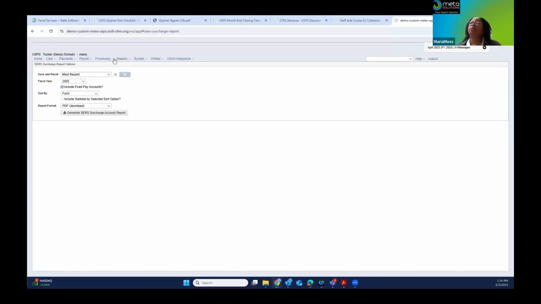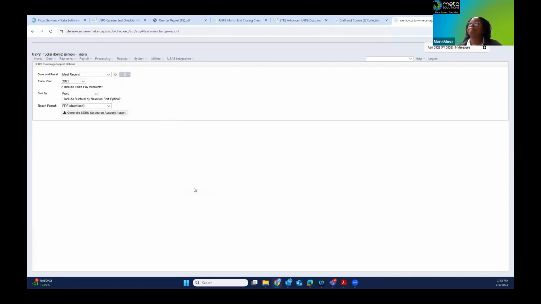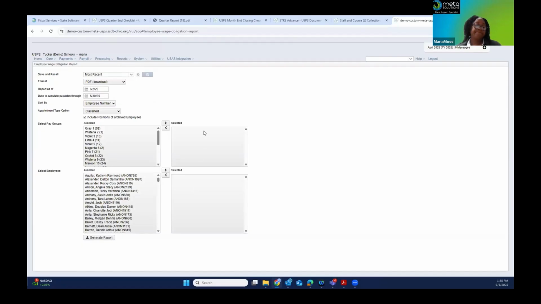Step 21 is your wage obligation by employee. That's under Reports, Wage Obligation Reports, and then the second one is By Employee. You'll want to make sure that the as of date is the last pay date processed, so the pay date of your last processed payroll.